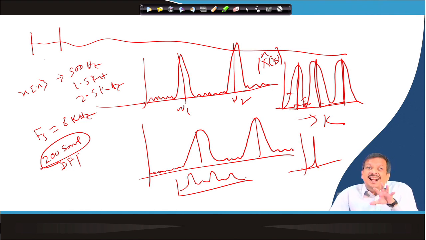So, now you have an idea what will happen if my signal is long. If I multiply the signal, I take a small portion of the signal, that means multiplying by a window function. So, in the next lecture you can see how this affects synthesis and how this affects analysis, both. Okay? Thank you.